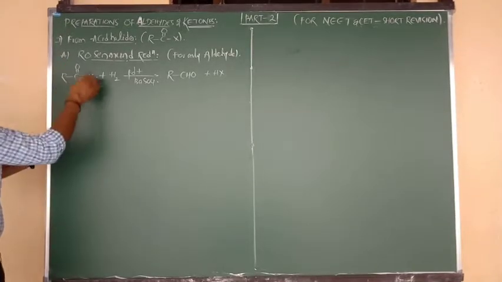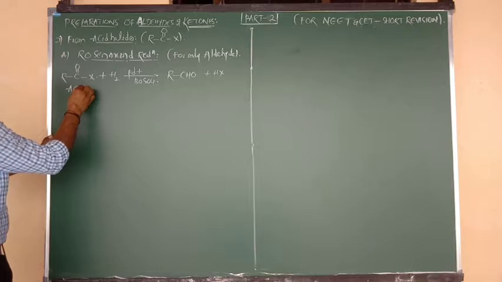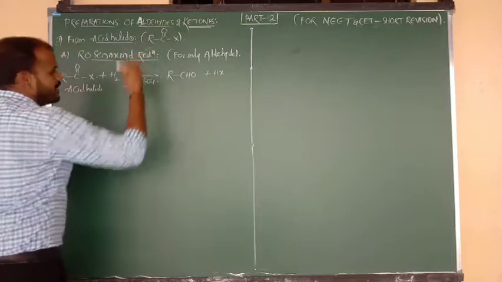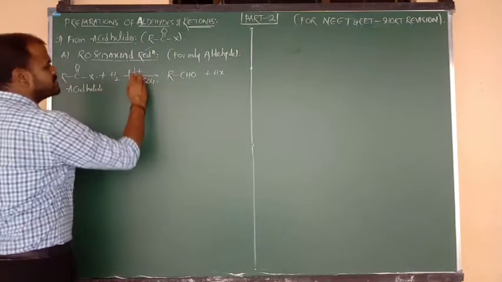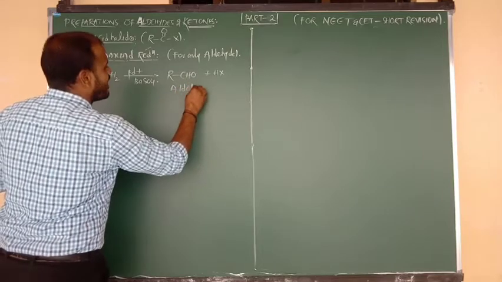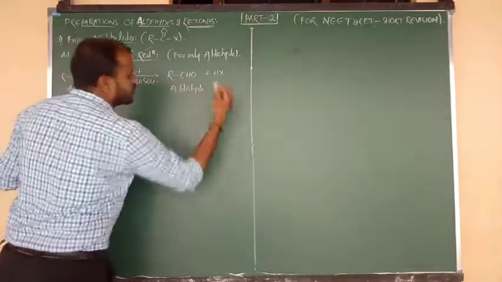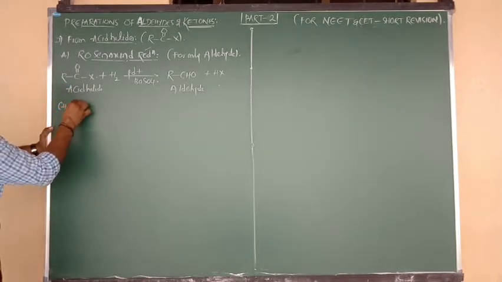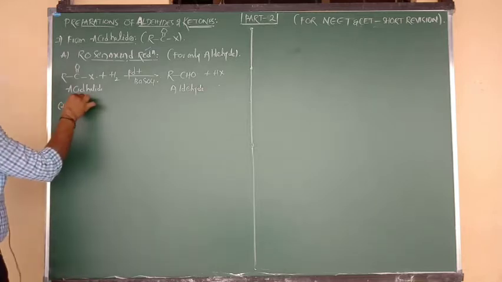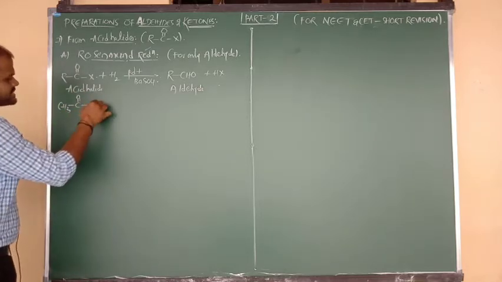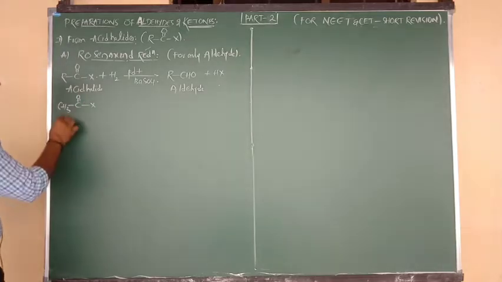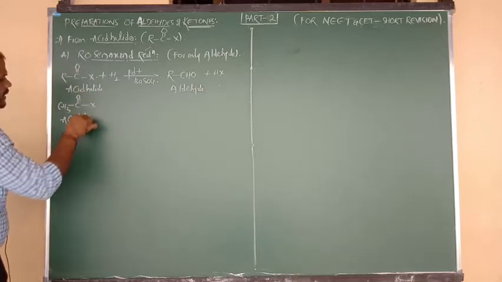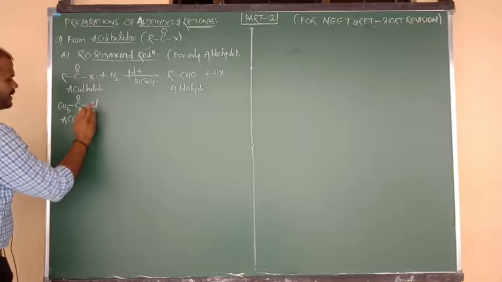R C double bond O X, it is nothing but acid halide, and we can say acyl halide. Upon addition of hydrogen, nothing but reduction, using palladium plus barium sulfate, the product is aldehyde, and the byproduct is nothing but HX. Yes, let me write one example here. In place of R, I am going to consider CH3. CH3 bonded to C double bond O, bonded to X. So what is the name of this reactant? We can say it is acyl halide, and also acetyl halide, and simply acetyl chloride.